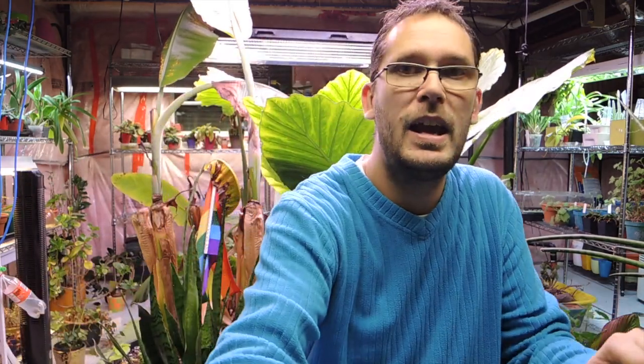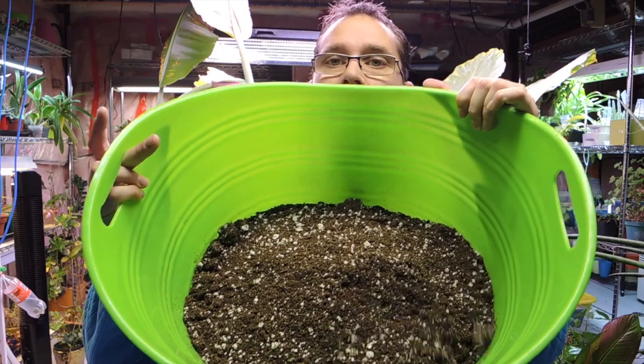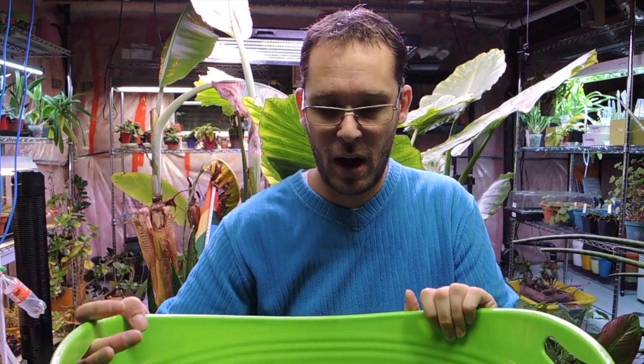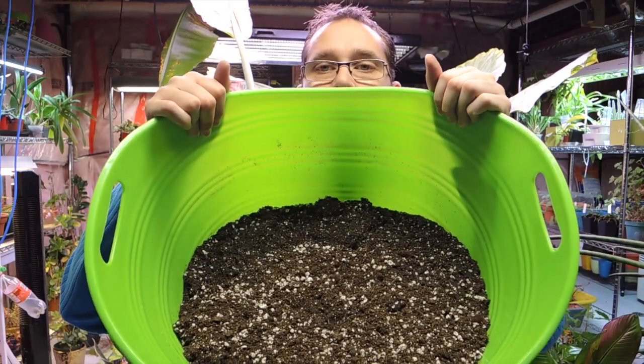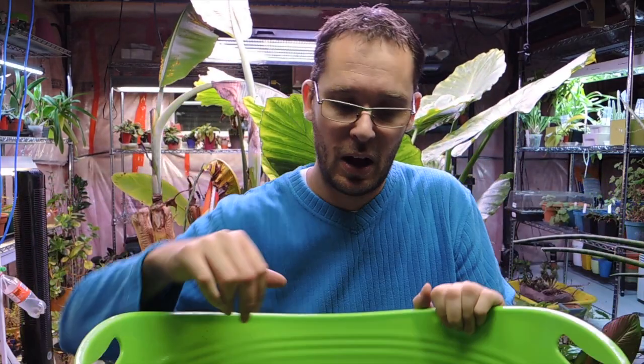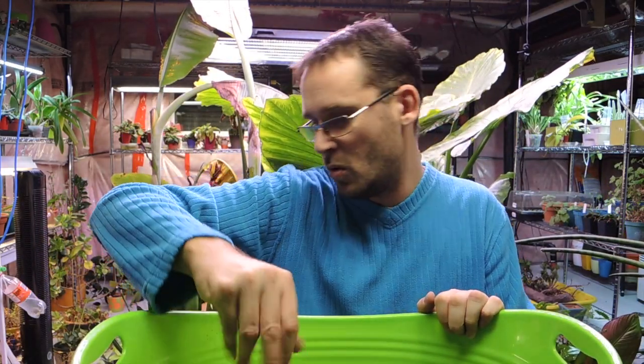And I have a container full of soil here. This is just a ProMix high porosity. So it really does have good drainage, but it also has peat moss in it, so it's got a lot of water retention qualities. So what I'm going to do is add